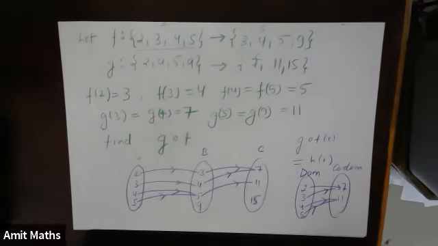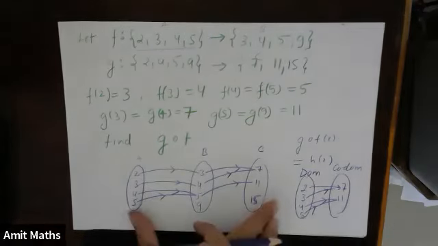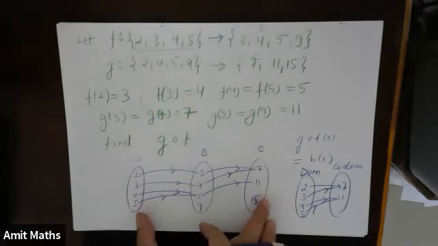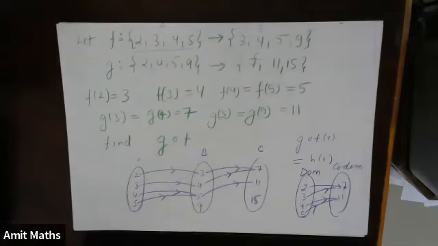Now see, this is only a mapping. This is only a relation. Now, one of you asked, sir, what happens if something is left out here? If something is left out and it is not mapped, then why are we removing that element? Why can we not say that it is not a function?